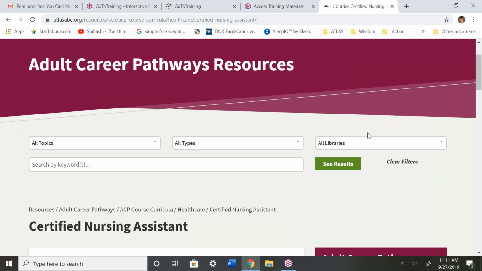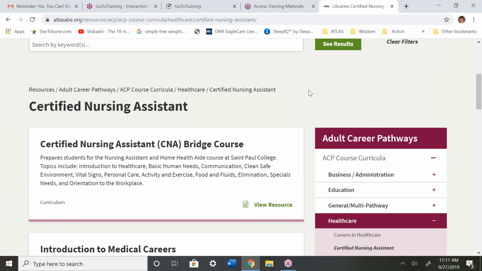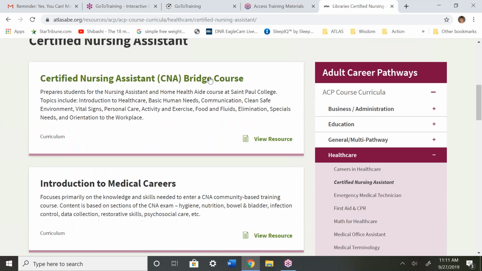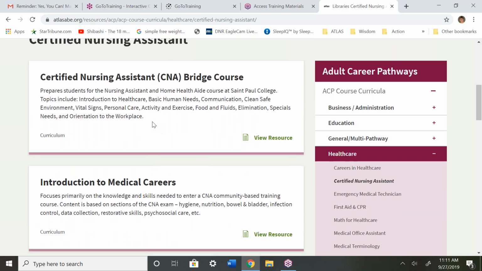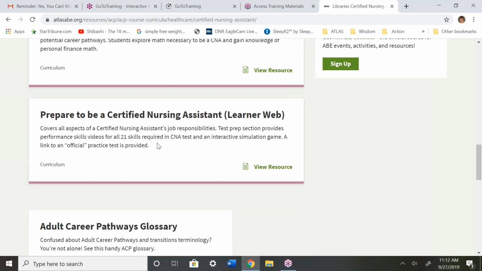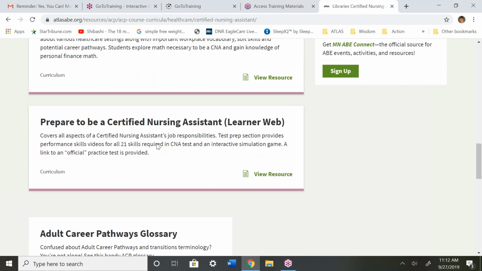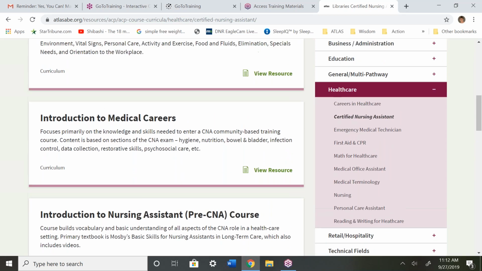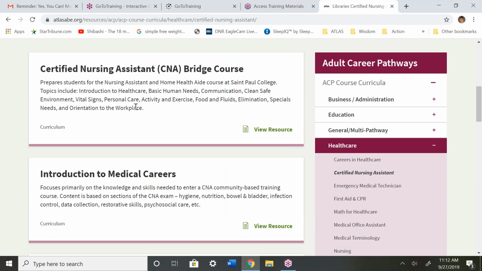And then in each of these, each curriculum that has been submitted by folks in the field in Minnesota or found from other resources have a little box here. So right now we have 1, 2, 3, 4, 5. And we're working to improve these initial introductions, just so that it's a little bit clearer what you're getting.